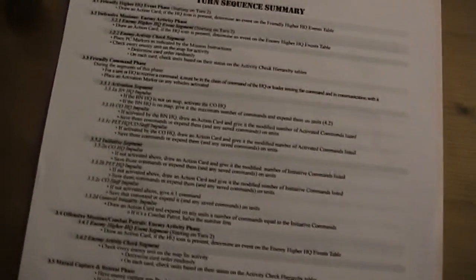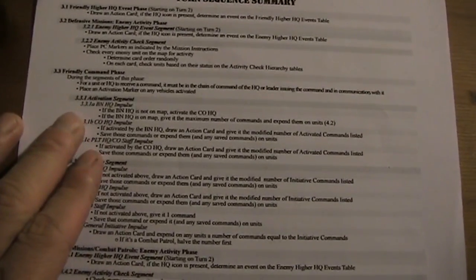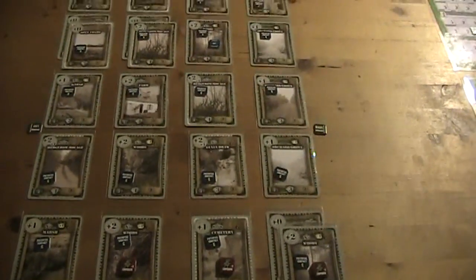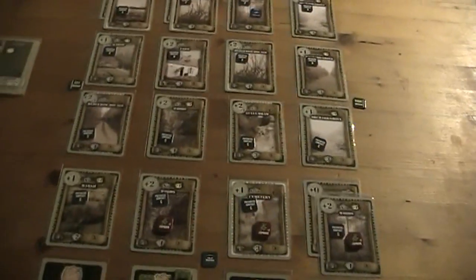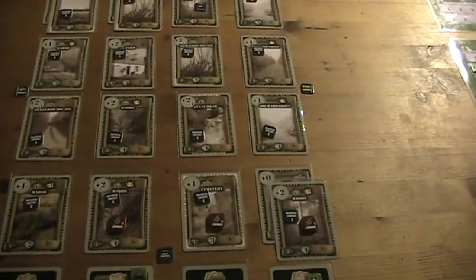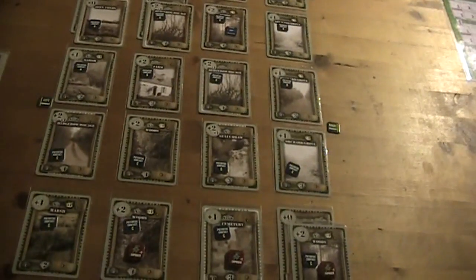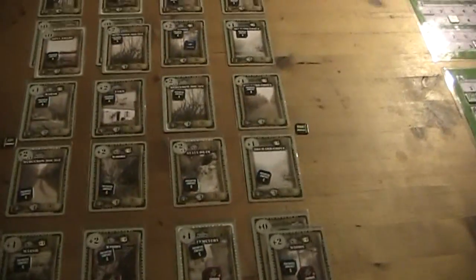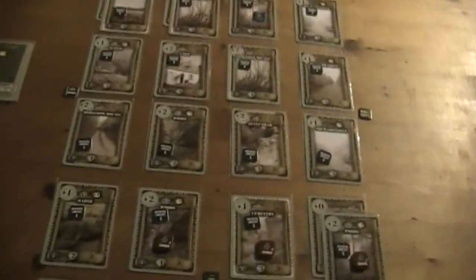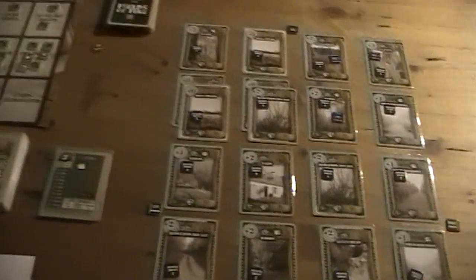So that was now the activation segment. And now we come to the initiative segment. And what we could do here is, we could now activate the platoon HQs and the staff that was not activated during the activation segment by the COHQ. But because it's their own initiative, and well, I don't know, they don't have the tactical big plan and so on,